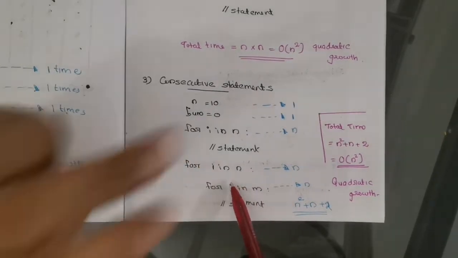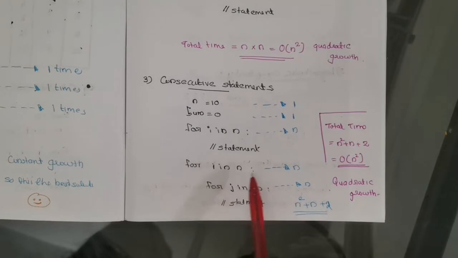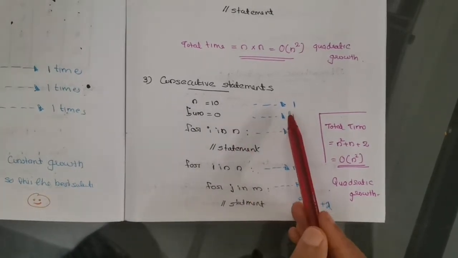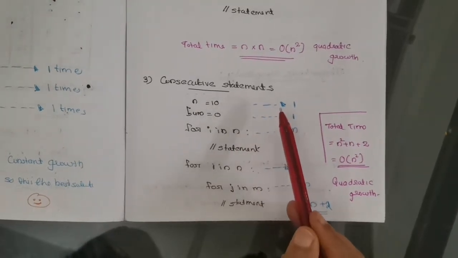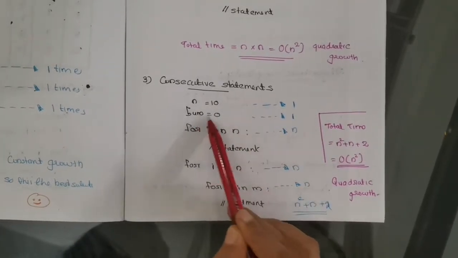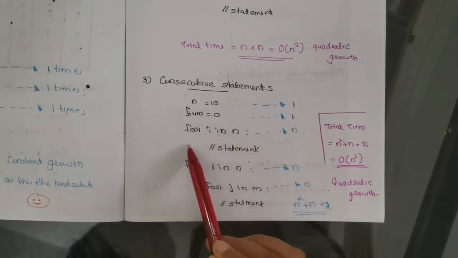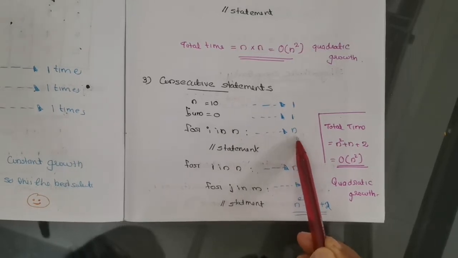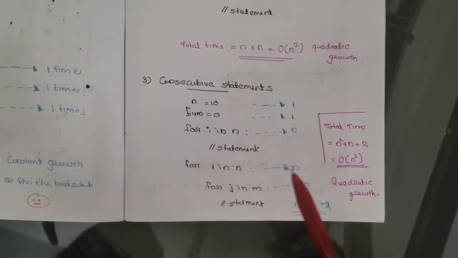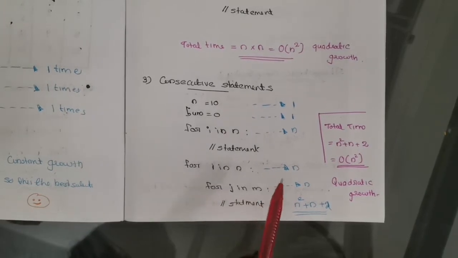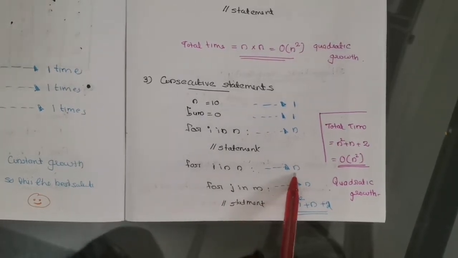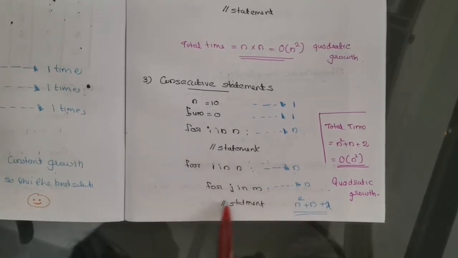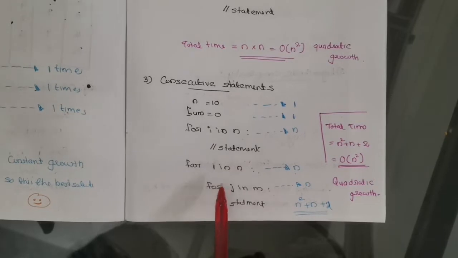So we need two nested loops, for i equal to n and for j equal to m. Here we consider each statement to take an execution time of 1 unit. So this statement is 1, and this statement is also 1. But how many times does this for loop iterate? N times. So the iteration value will be n. The first for loop runs n times and the nested for loop also runs n times. That means the total complexity of this function is n square.